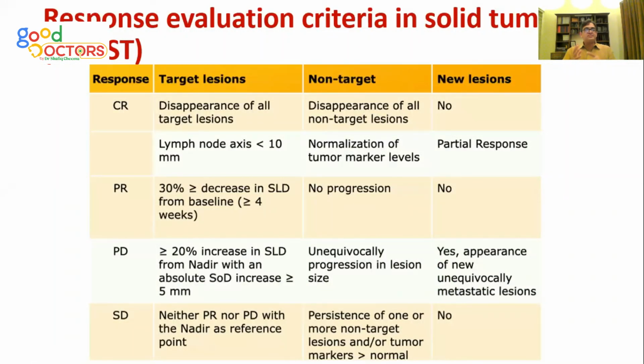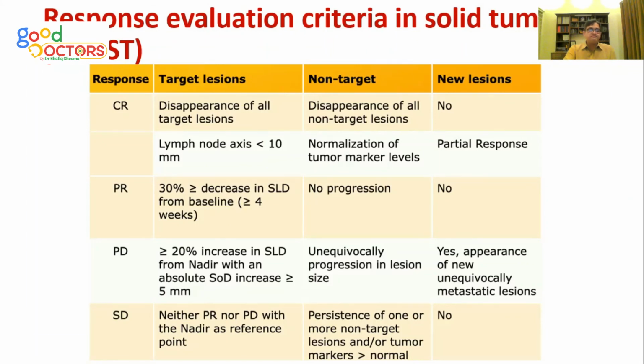Lastly, one minute on this, response evaluation criteria in solid tumors. This is used to document what response has been noted with the treatment. Because now we are using treatments which are not curative, like TACE, like radiotherapy, like chemotherapy, where the disease may not disappear, but there is some form of response. So you need to label that. So complete response is when the disease disappears. Partial response is when there is more than 30% decline in the overall disease. And if there is 20% increase, you will call it progressive disease. And if it remains stable, you will call it stable disease. So these labels and their definitions now we need to remember because they are increasingly being used after the treatment of these patients.